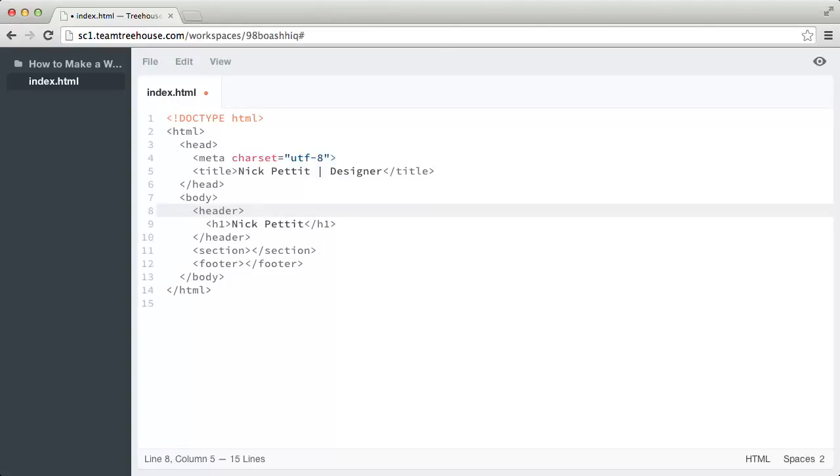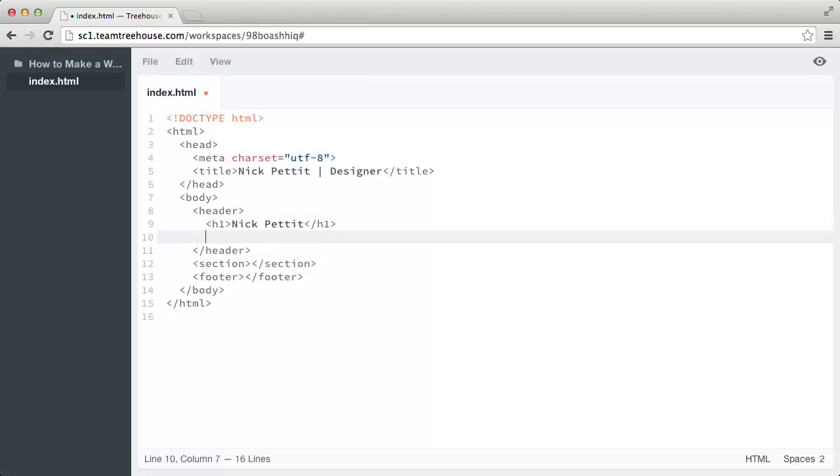Now, before we move on to the section and footer, let's add a second level headline that matches the title we created earlier. The headline will be slightly smaller than our first level headline when it's rendered on our web page. So after my first level headline, I'm going to type H2, and then inside of that, I'm going to type